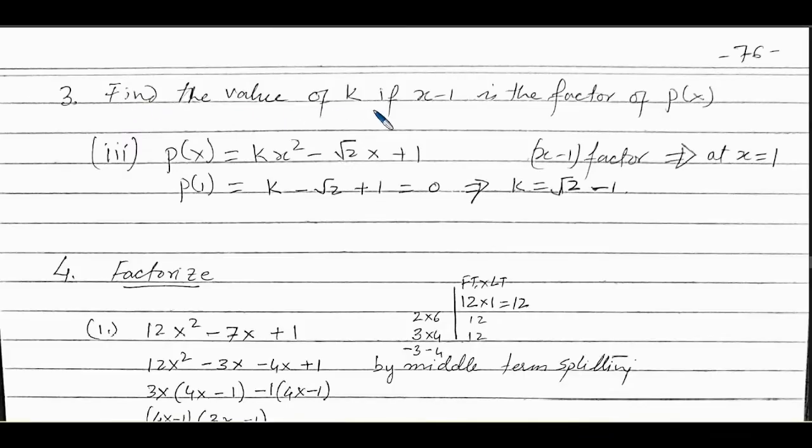Now find the value of k if x minus 1 is a factor of p(x). So x minus 1 means you put x equal to 1 in p(x). So p(1) is equal to 0, since x minus 1 is a factor, there is no remainder. So k is equal to minus, this will become plus 2 square root 2, and this plus 1 will become minus. So k is equal to